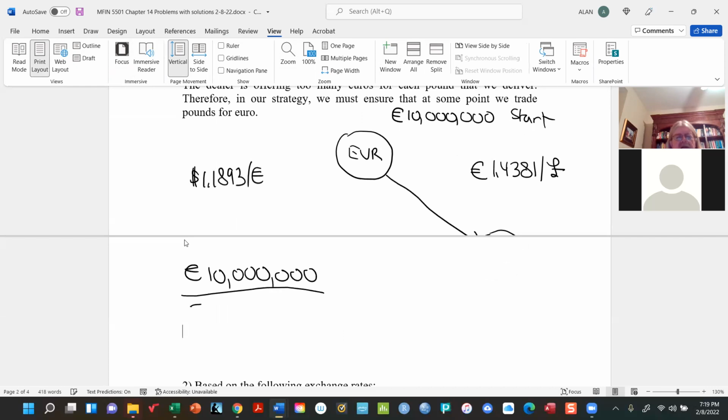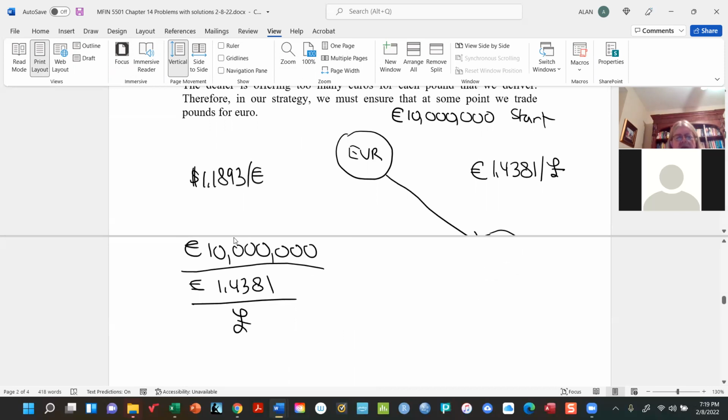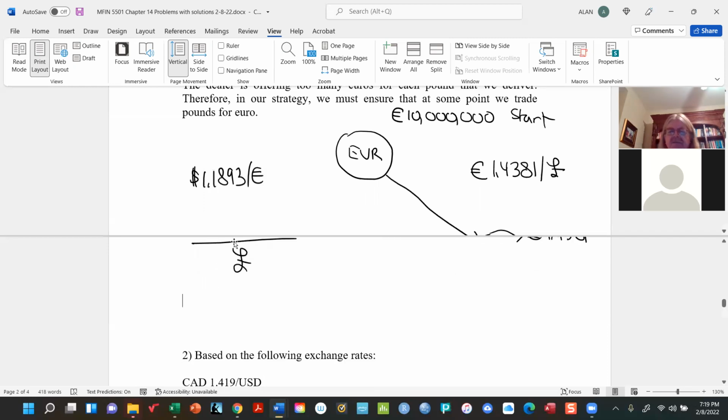Divide by 1.4381 euros per pound. Again, algebraically, this is equivalent to multiplying by the inverse, because remember, the point of this is to eliminate the euros. We're converting all of this money into pounds. So by doing that, you're dividing 10 million by 1.4381, which is about 6 million